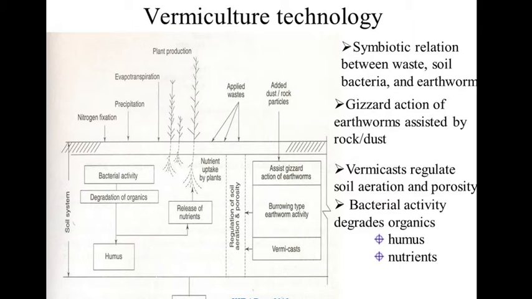Vermiculture is nothing but the vermi biofilter. The filter which consists of earthworms is called a vermi biofilter, and the earthworms and bacteria help in the treatment of that wastewater. The earthworms help remove the organic load from the wastewater and purify it, so we get good quality effluent at the end.